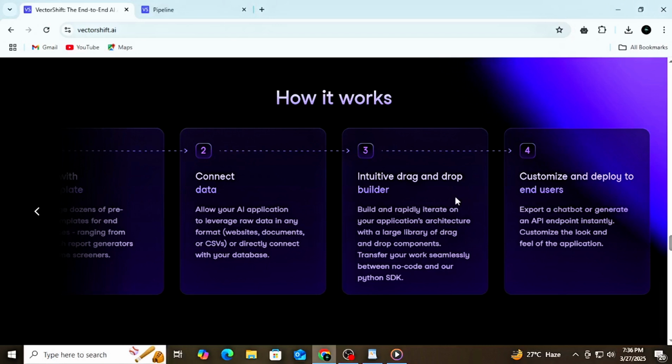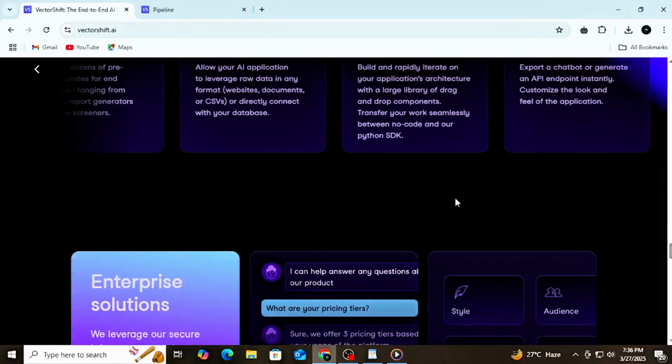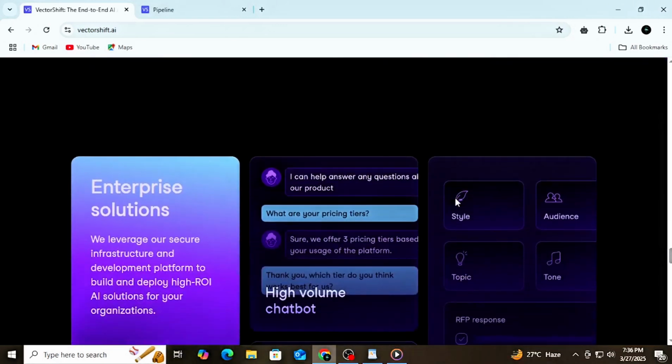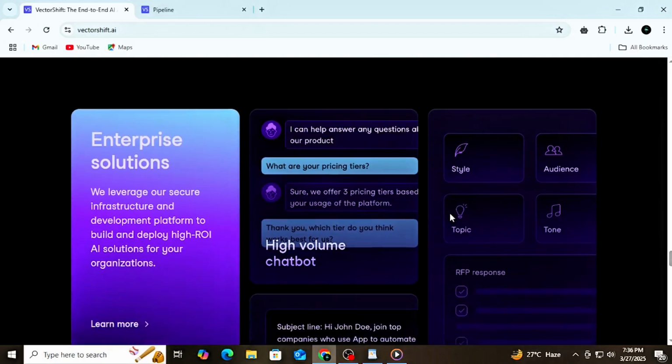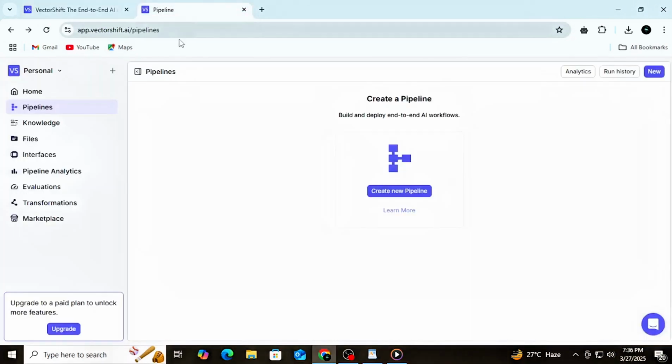Whether you're working with data transformation, automation, or workflow management, this tutorial will equip you with the foundational knowledge to get started with confidence. Once you have successfully logged into your VectorShift account, the first step is to navigate to